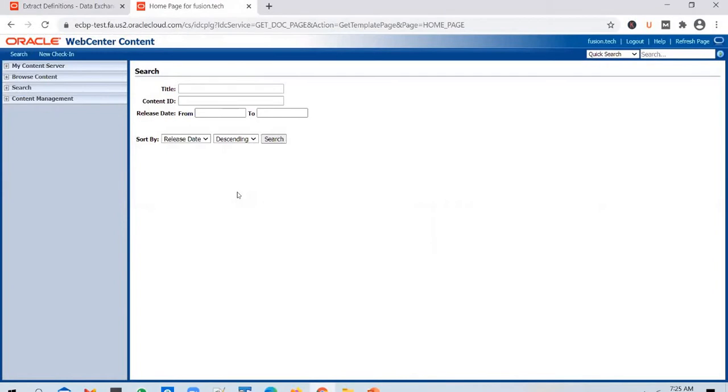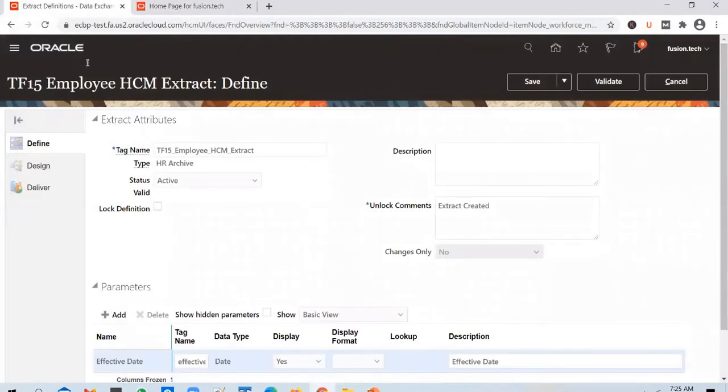They will do it with the help of integrations at their end, and we don't need to really bother about how they do it. There are some web services exposed by Oracle which the other systems can invoke and pull the files. They will pull the files from here and consume them. Okay, that is the approach that we follow in HCM extracts.